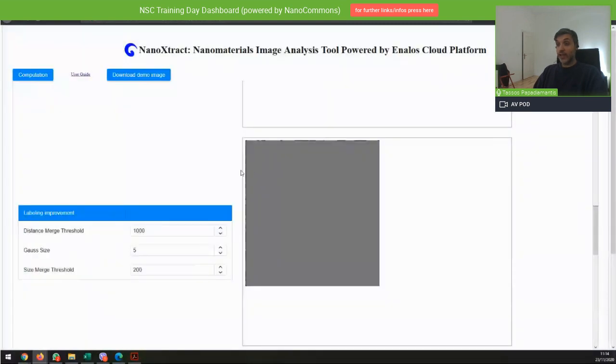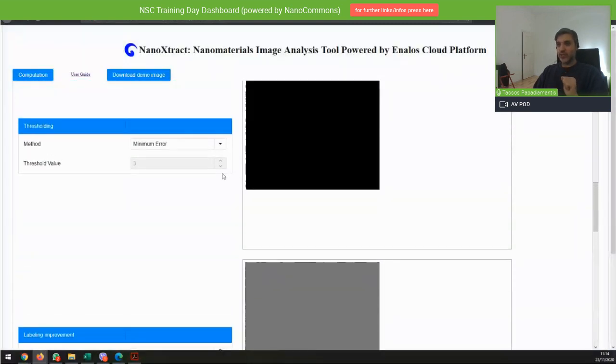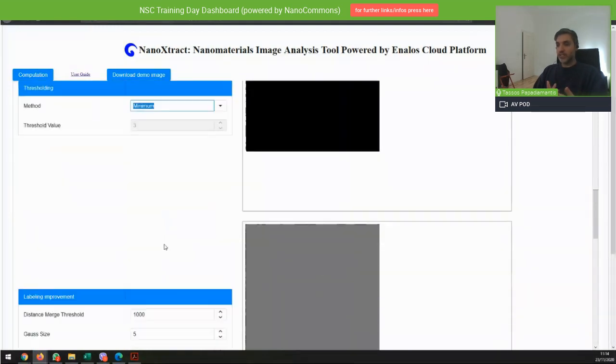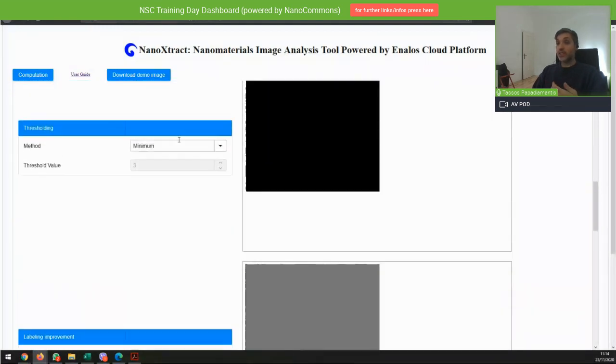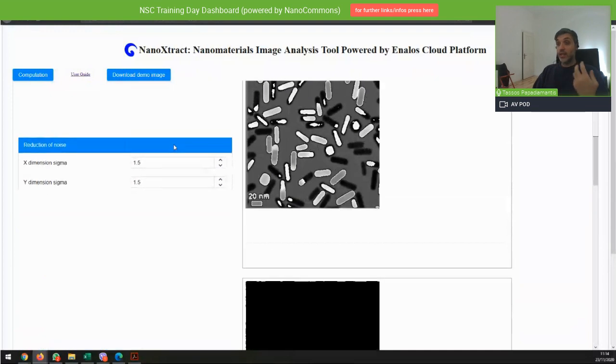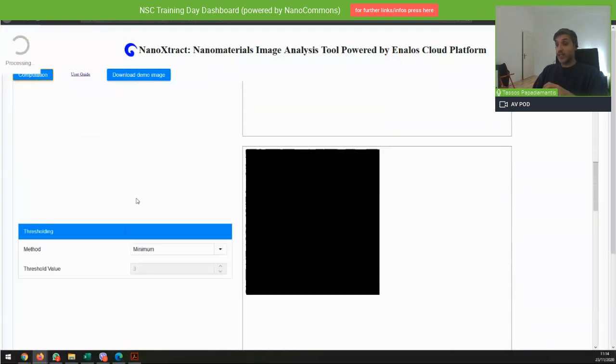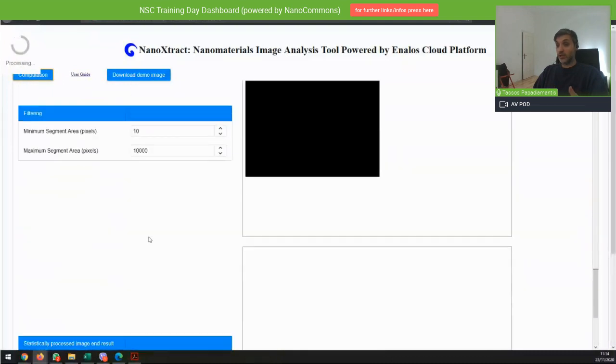Here it failed. I should not have done that. Using the minimum error gave us an error, which means that in some cases you will get an error when you run an image. By reading the error, it will tell you exactly what has gone wrong. It will tell you whether you need to change the filtering parameters or the thresholding algorithm or something like that. Then you will need to go and change it again. And of course, you will get nothing out of it.